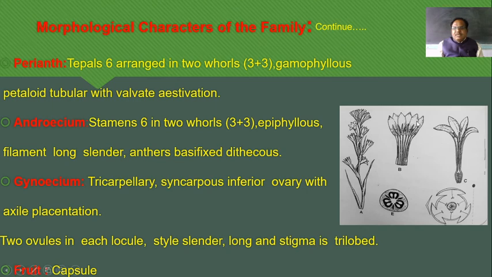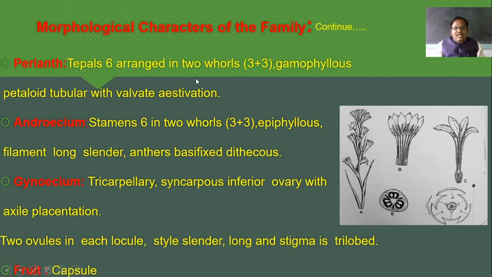Perianth are these parts. They are 6 in number, and they are found in 2 series: 3 are inner and 3 are outer side. So they are found in 2 series, 3 inner side, 3 outer side. So the tepals are